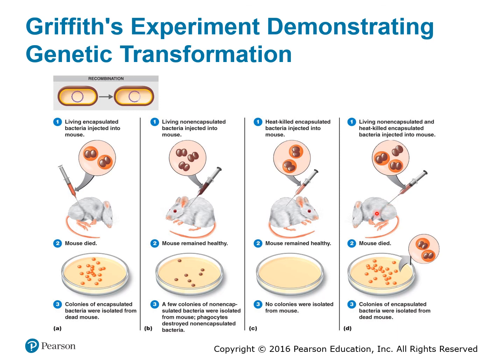Even though this mouse was injected with the non-encapsulated. And you can see right here, when the mouse was injected with the non-encapsulated, the mouse was healthy, nothing was wrong. When the mouse was injected with the heat-killed encapsulated, again, the mouse was healthy. So why now all of a sudden the mouse died? What ended up happening is the DNA of the encapsulated heat-killed bacteria ended up